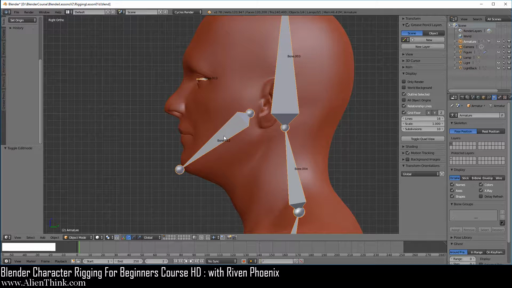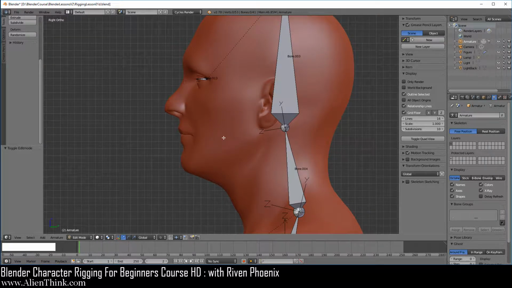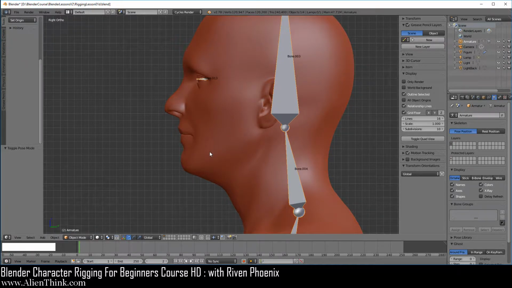So in order to remove this bone, or basically hide it in object mode, you have to also hide it in pose mode. So if you switch to pose mode, you'll see that the bone is still there, but in edit mode it's hidden. You can do Alt H to bring the hidden bone back. So click on this bone, press H to hide it in edit mode, then switch to pose mode, click it over here and press H to hide it. Now if you switch to object mode, you'll see that the bone does not appear.